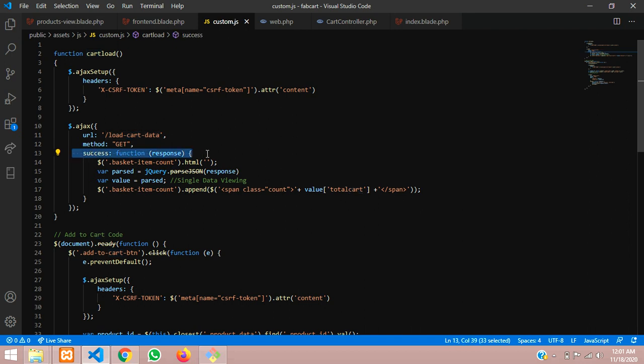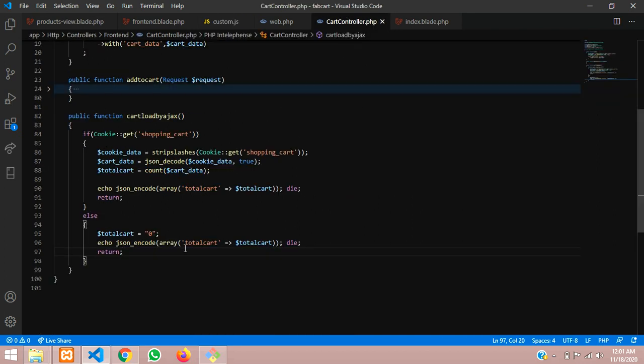In this success message we are passing one basket item count class that should become blank if new data is coming, and then parse the response which we are getting and remove the value of it. After removing that value, we break it into the total carts variable.